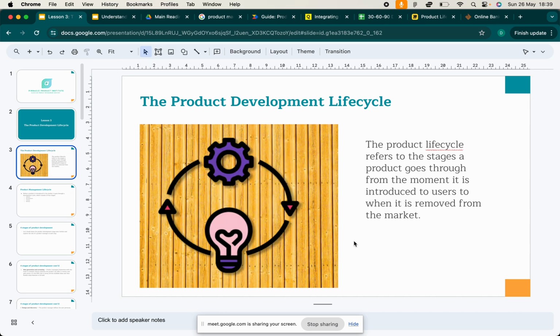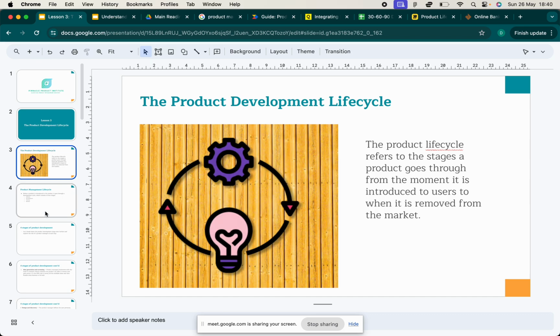So again, as I just alluded, in the life cycle, we're looking at the phases that a product moves through, all the way through the market stages, through to its conception, and then users are getting access to the product. Like all products out there, when it's being developed, customers don't have access to it. It's only when it's launched.